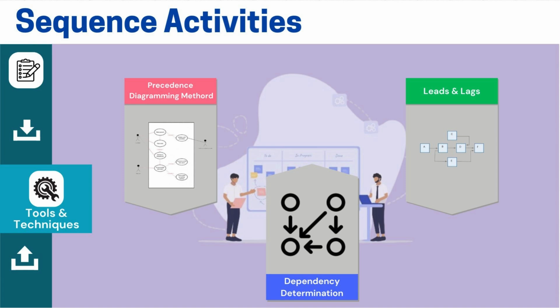Some activities can run in parallel. For instance, while working on a high-level design, you might also begin the low-level design. If you start the low-level design early, this is considered a lead. Leads and lags play a role in project acceleration techniques like fast tracking and crashing, which I will discuss later.